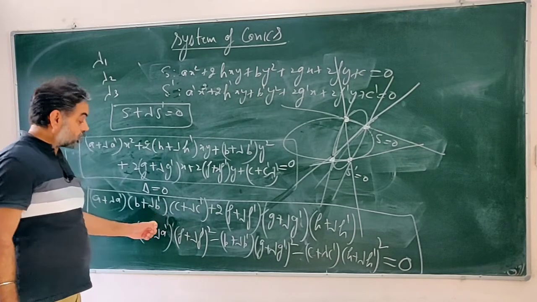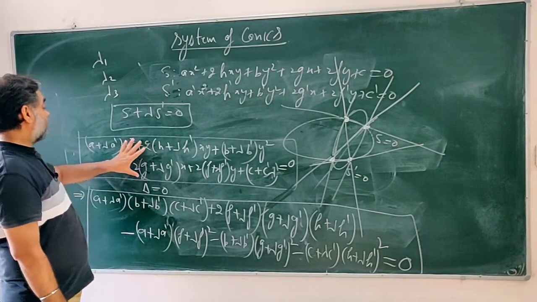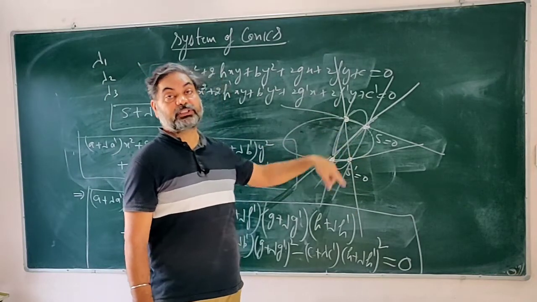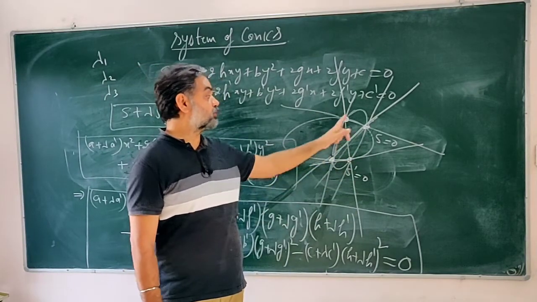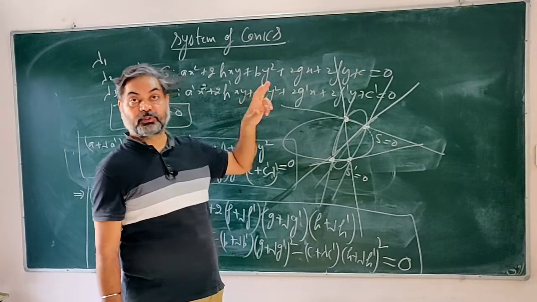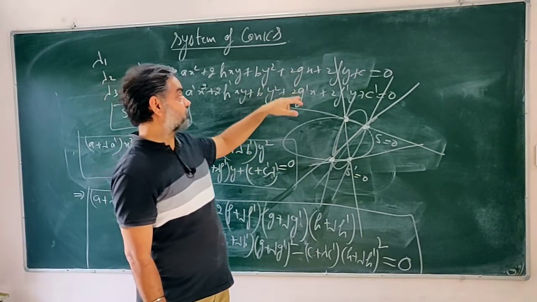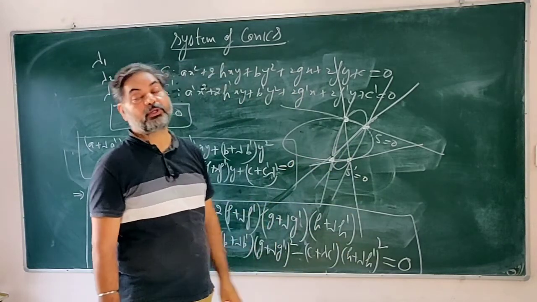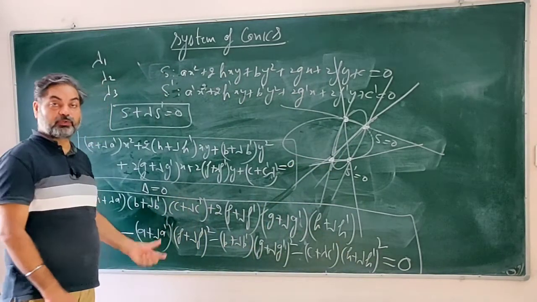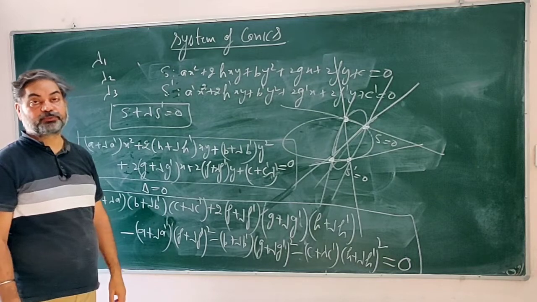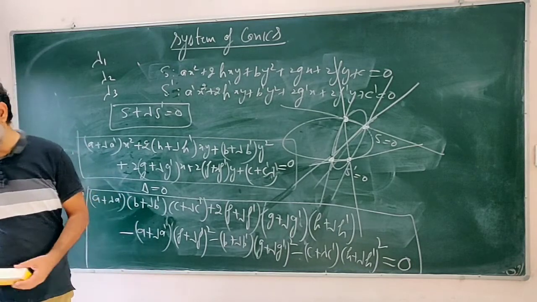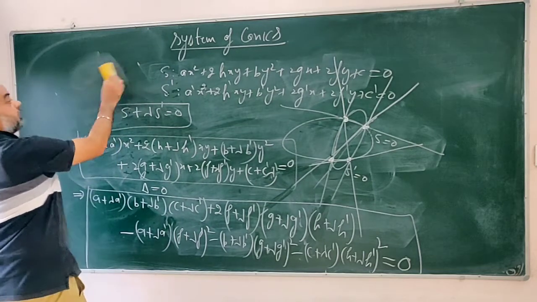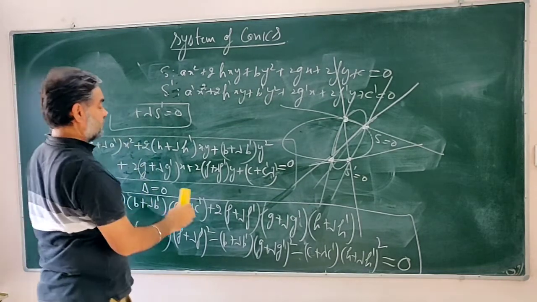So since at least one of the roots must be real, that means there would be at least one real pair of straight lines which would pass through the points of intersection of these two conics. From the points of intersection of these two conics, there would pass at least one real pair of straight lines, because this equation will have at least one real root. So this was the pair of straight lines, and next we have